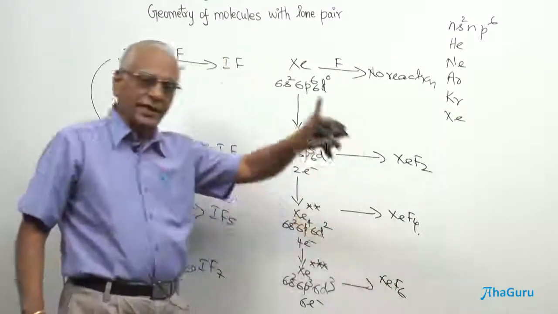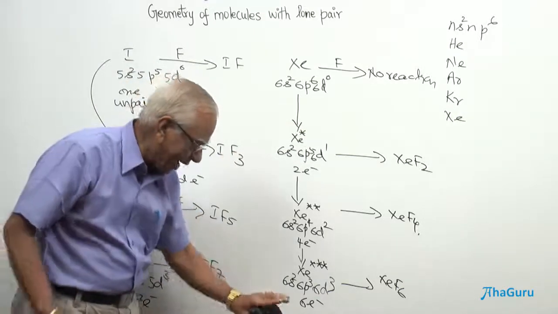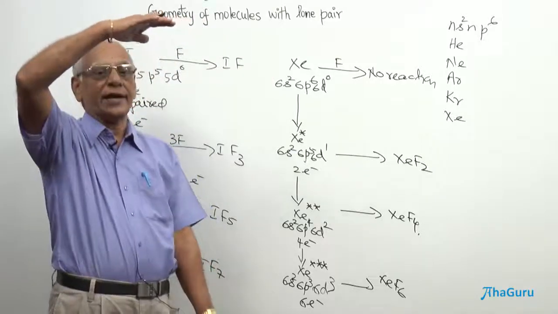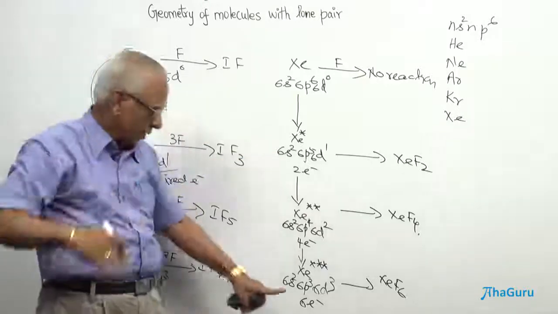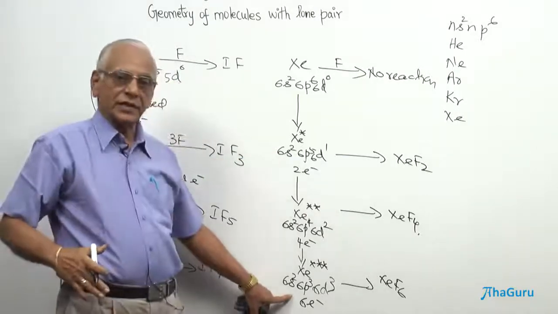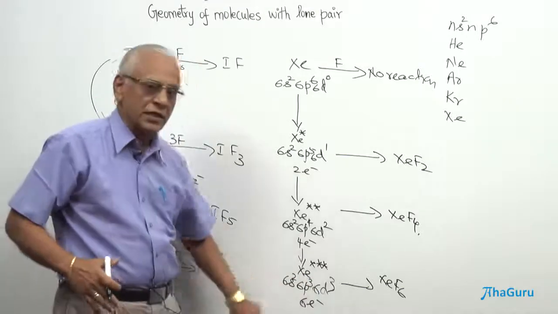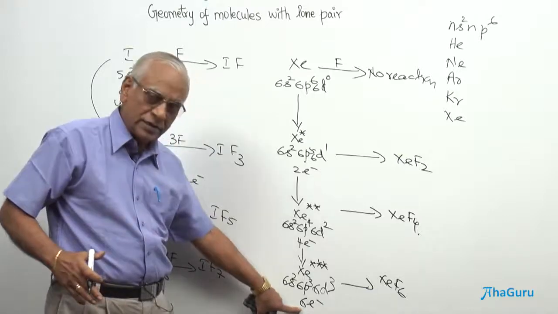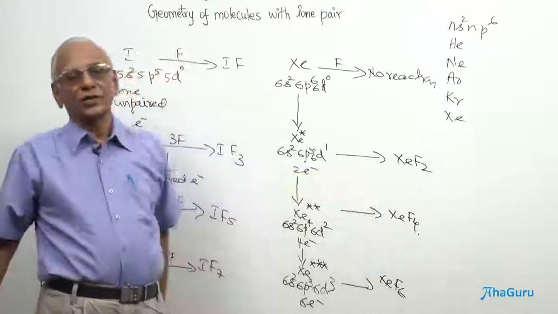One, sterically hindered. Now, my dear students, you see here the energy gap between the 6s orbital and 6d orbital is very high, extremely high. It is possible probably in the earlier case, the 5d level, but it is not possible in the 6d level. And in the 6d level, the energy required to uncouple this, promote this, is very high. Therefore, it is very, very difficult to have 8 unpaired electrons in xenon. That is also one reason why xenon does not form xenon octafluoride.